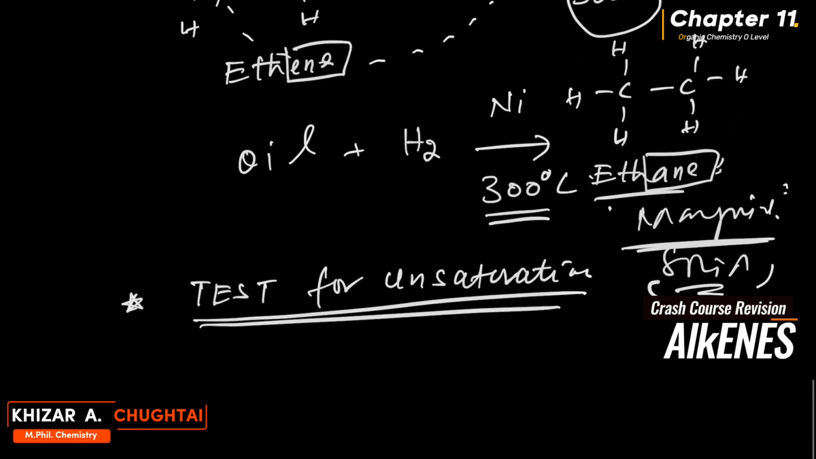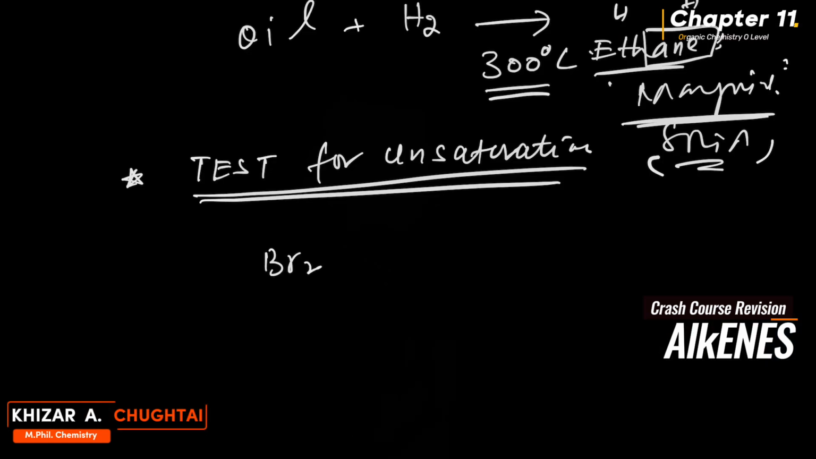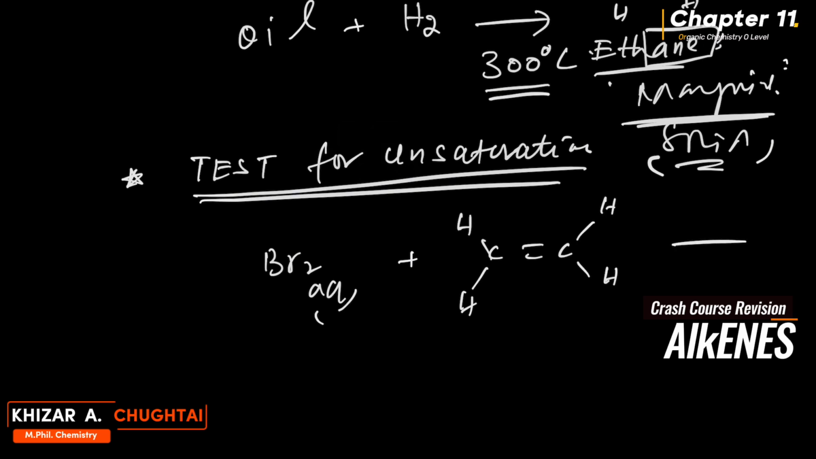If you want to distinguish between saturated or unsaturated hydrocarbons, then there is a test. We add aqueous bromine into the sample. If the sample has a carbon-carbon double bond,